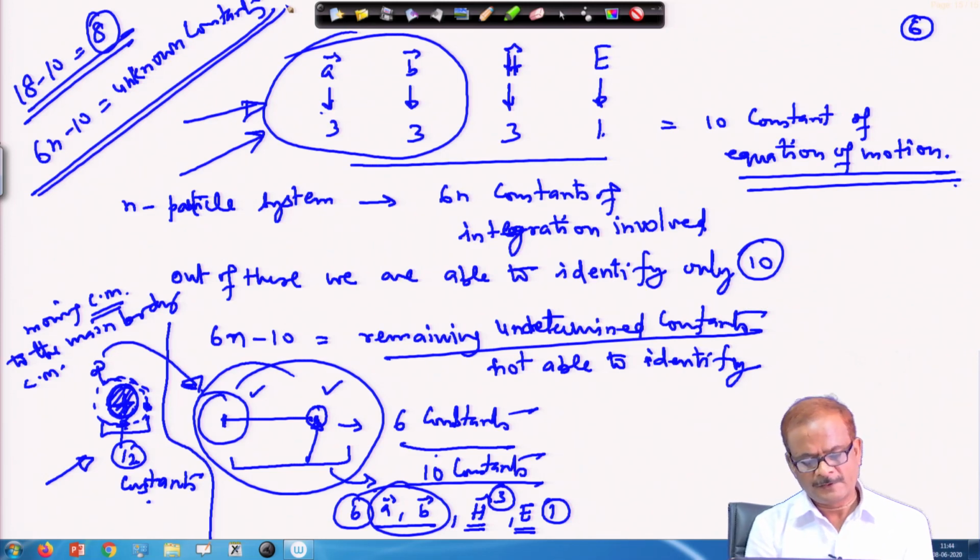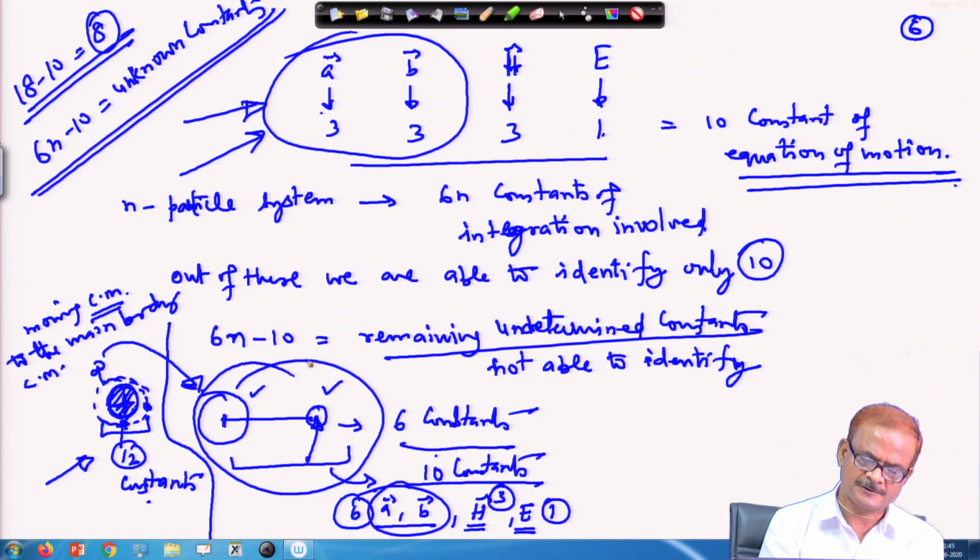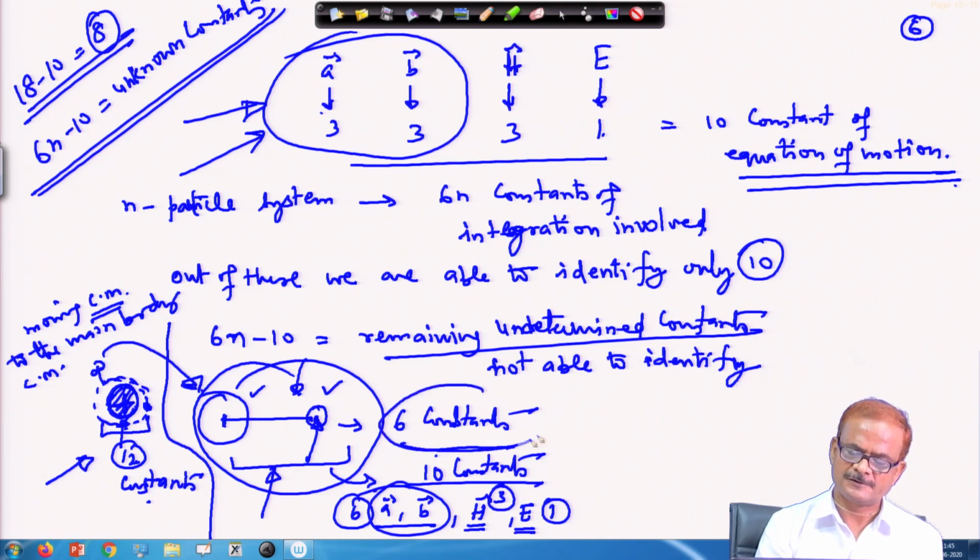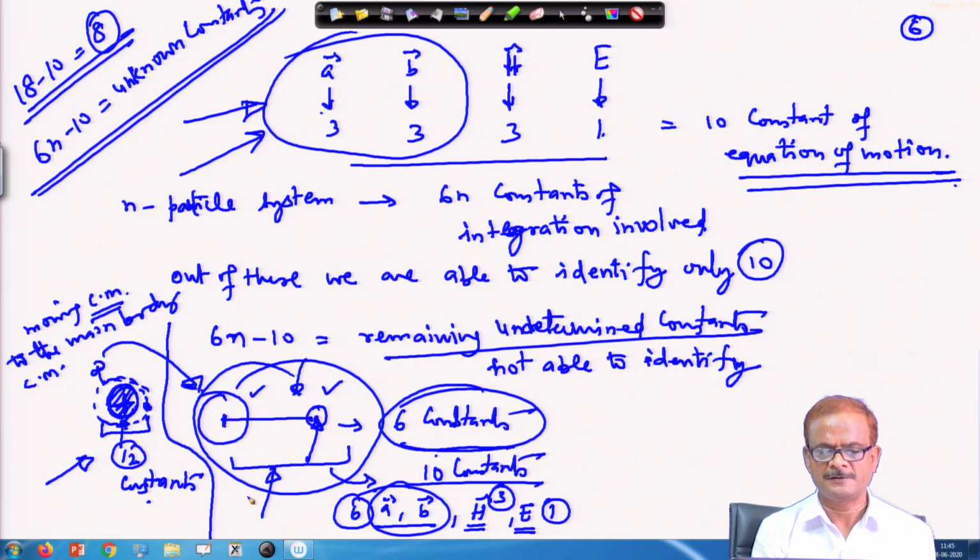So, a system of 3 particles onward is not solvable. You cannot get a closed form solution, at least not as for the 2 particle system. In the relative motion, considering one particle with respect to the other, we got the constants involved, those 6 constants we were able to decipher, and we were able to get a closed form solution, but for the 3 you cannot get it. Under restricted conditions we will be able to solve the 3 particle system, and there is no question of solving the 4 and other higher systems where more than 3 particles are involved.